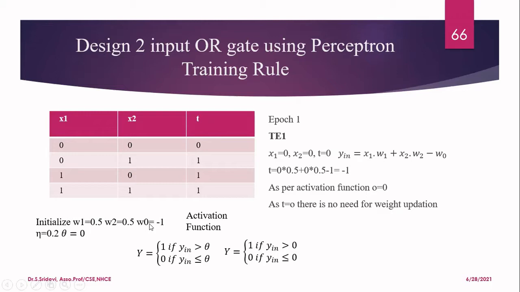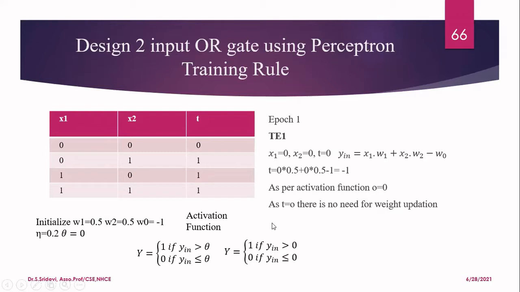When you apply your algorithm, in addition to these weights, you will have the learning rate as well as the threshold. So here the learning rate eta is 0.2 and the threshold is 0. In the problem, generally w1, w2 and w0 will not be given if you are supposed to design by applying the perceptron training rule. But you will get the learning rate and the theta value. If they are not given, you can assume anything. Now I am giving you the learning rate and theta, but this part I will not give. So now let us see how to proceed.